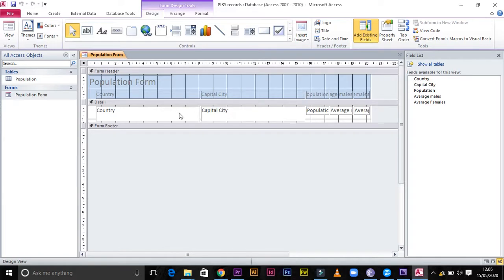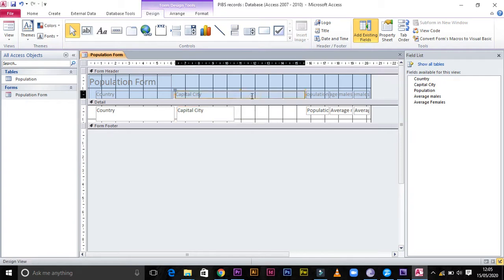So I can just reduce the size of the fields. I can just reduce them just that way, so that I can get a space to do calculation.